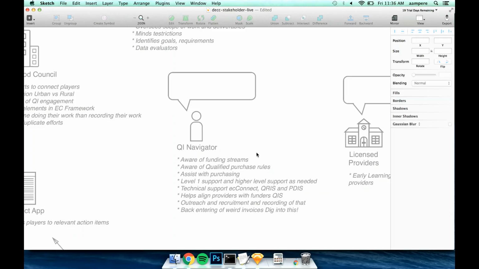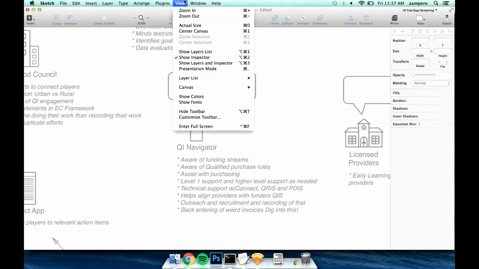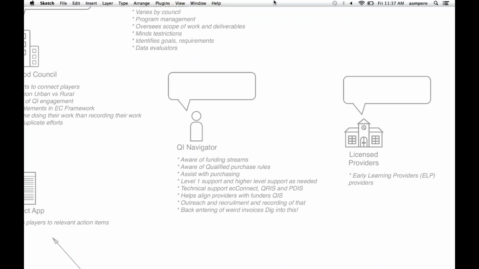I mean, for us at ECC, there's me and there's the navigator, and the navigator supervises our contract coaches because we don't have internal coaches. So if a program needs a point of contact, it's the navigator. She's accountable to each MOU because she's the employee at the council. The coach is not the person that manages the workflow for any of our MOUs.